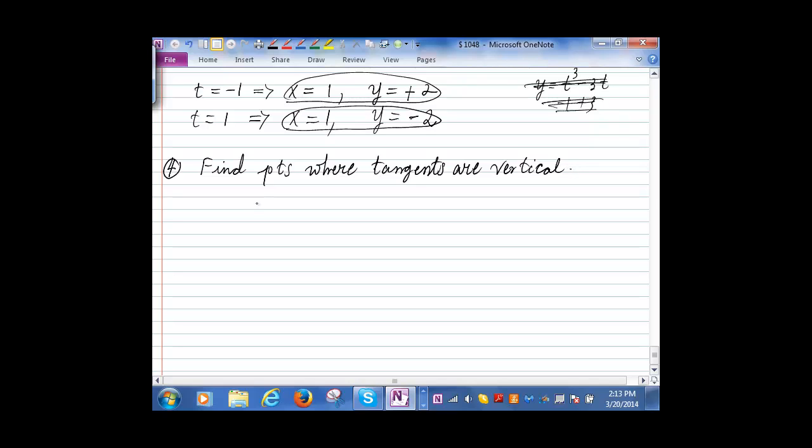Well, once again, we know that the derivative of y with respect to x, I'm just going to ignore writing x of t and so on, we got this to be (3t squared minus 3) over 2t, right? And because it's a rational function from Calc 1, we know that the vertical tangents occur when the denominator of the derivative is what? So the vertical tangent occurs when t is 0. So we have a vertical tangent